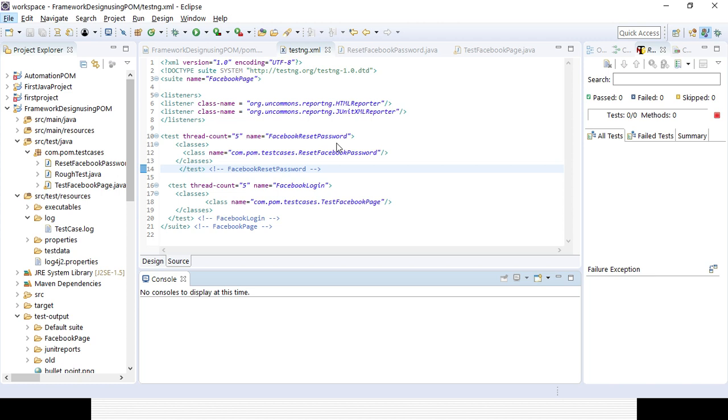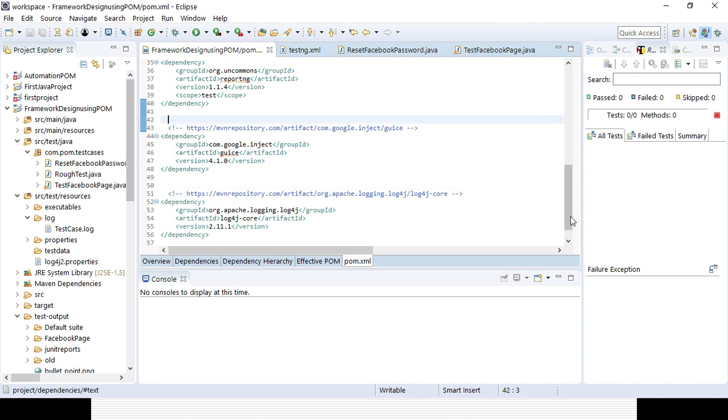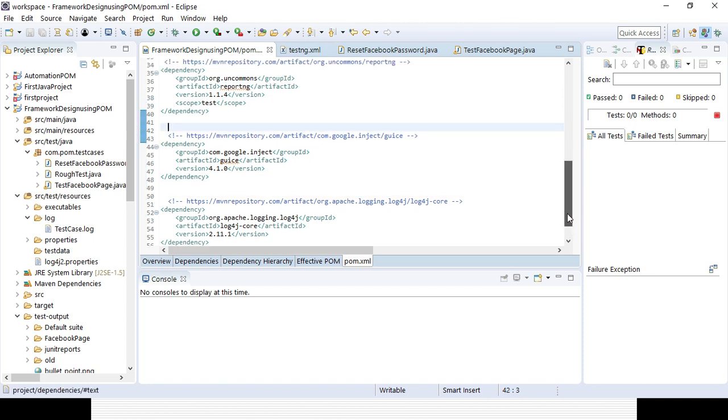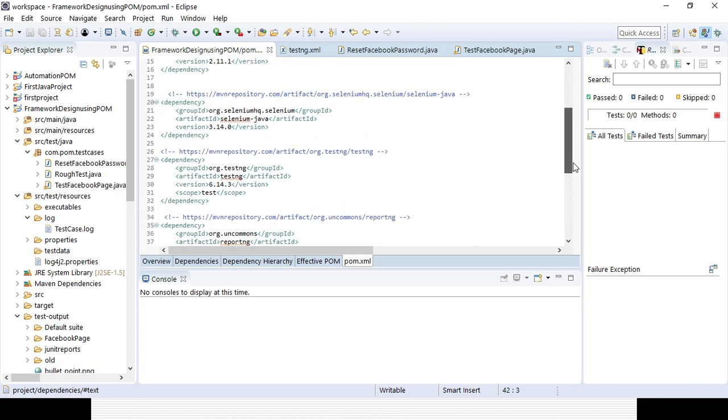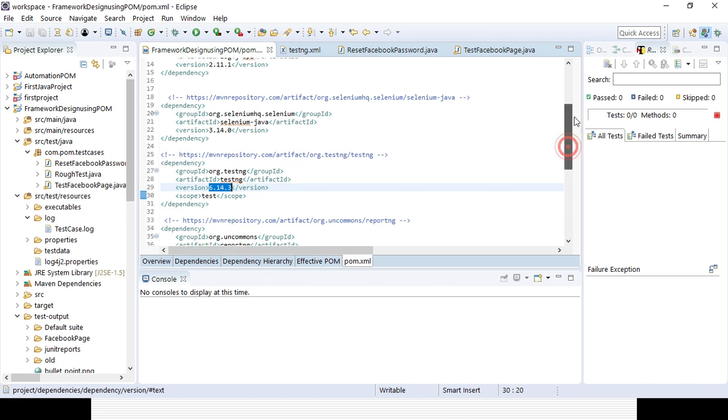Now, after the project is saved completely in the pom.xml file, we have added the dependencies for Guice and ReportNG, and we have also updated the TestNG version to 6.14.3.